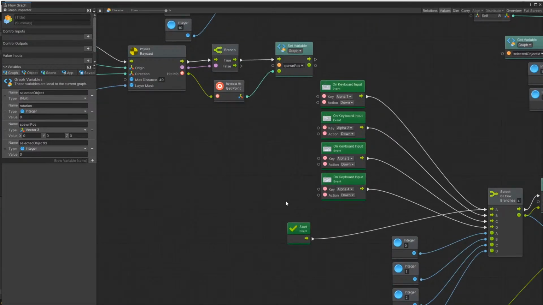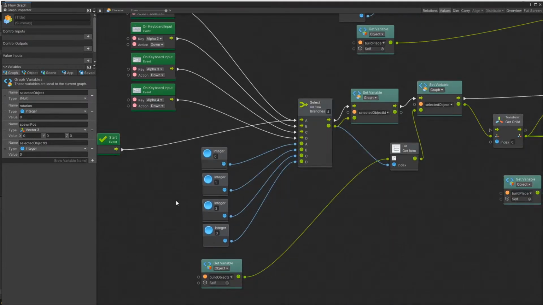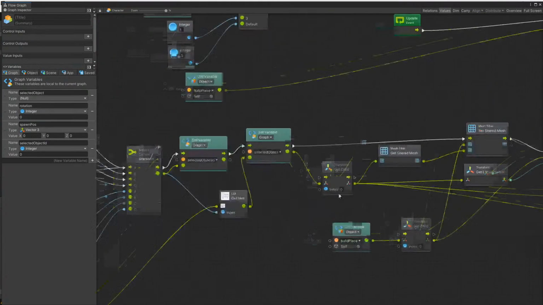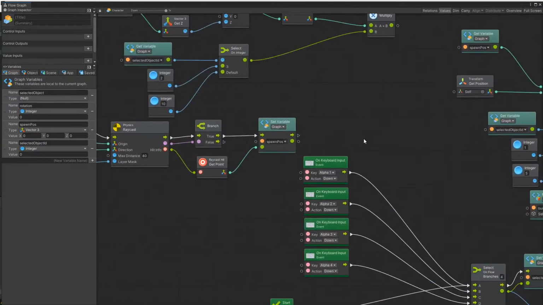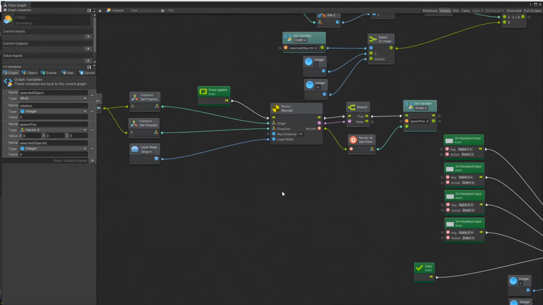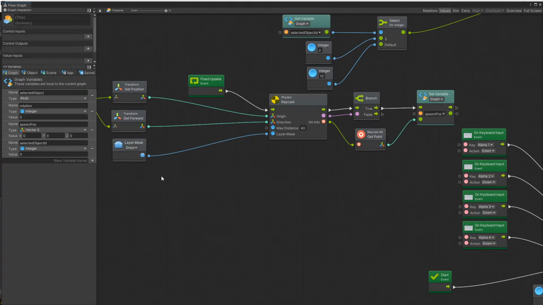Max distance 40. That's how far I can place it. Then spawn position calculates the spawn position based on the